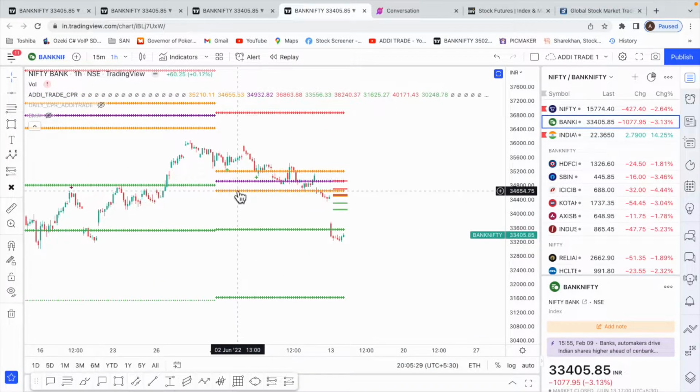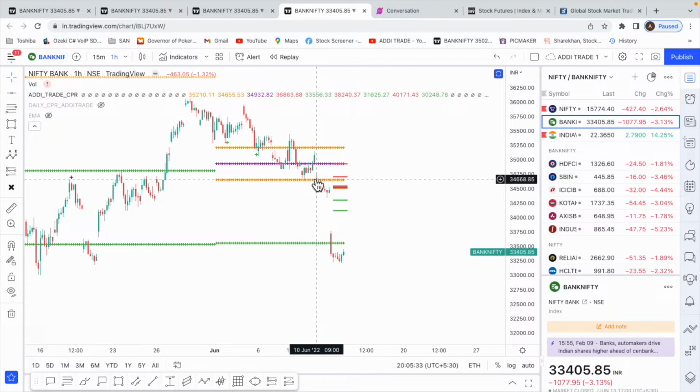See, in my analysis video, when we broke down over here, I had a view that we will hit this monthly CPR, but who knew we were going to get this gap down and achieve it, right? I thought we'd get a small gap down and then an intraday move until this monthly CPR, but it came in the gap down itself, and this is a nice strong break of this monthly CPR.